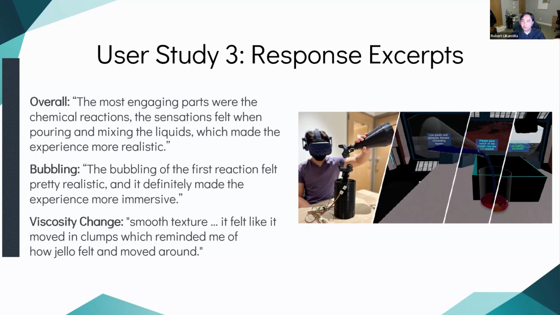So you can move the center of gravity according to how the virtual fluid with its virtual fluid characteristics would move. And they said, the smooth texture, it moved in clumps, which reminded me of how Jello felt and moved around. So there's clearly some more embodied interaction with the virtual material that's magically imbued with different virtual properties as well. And so you could imagine how this could be used for teaching, for training, and for different use cases